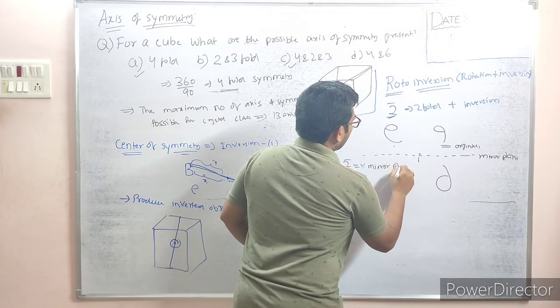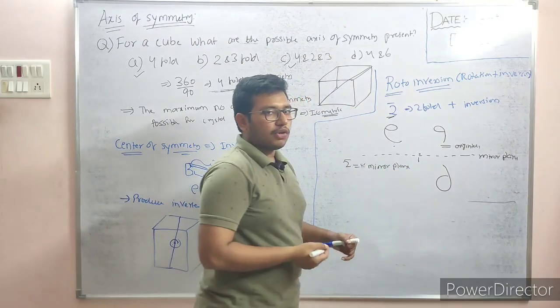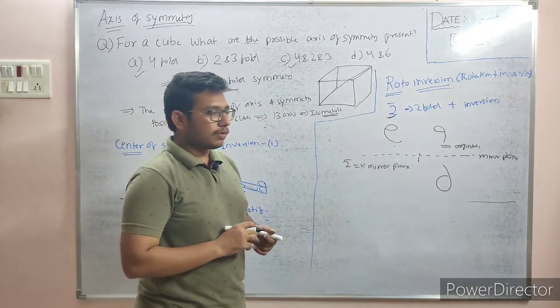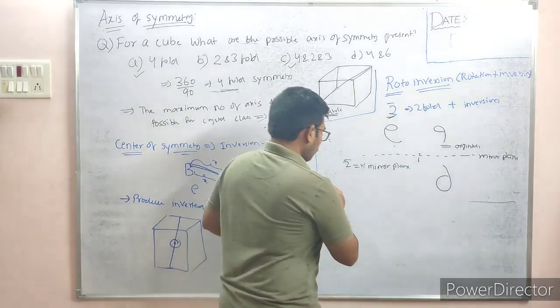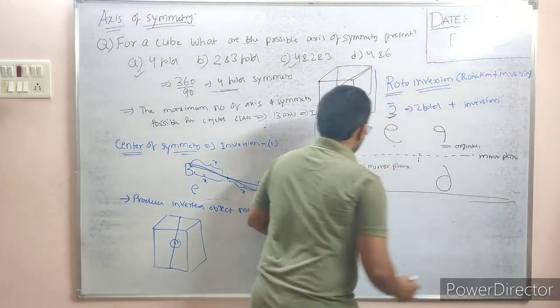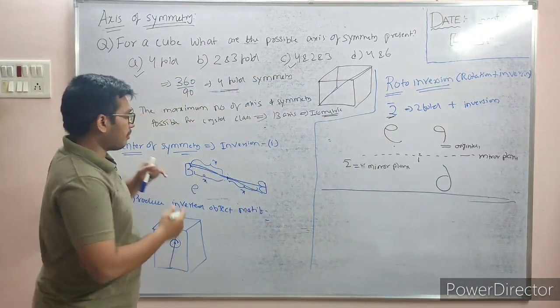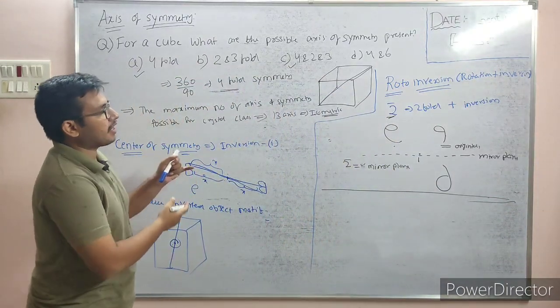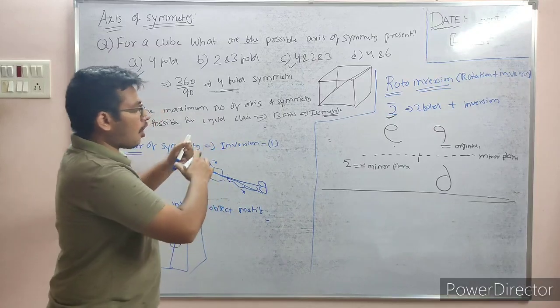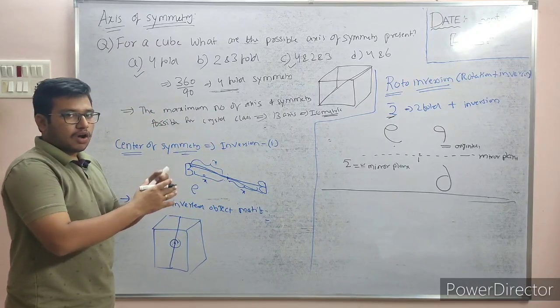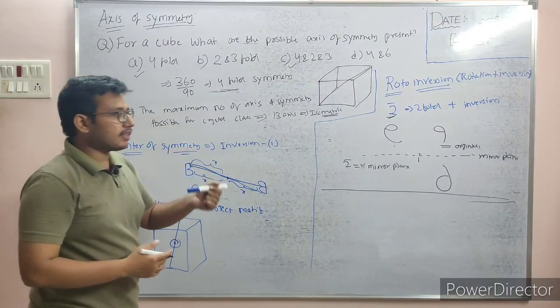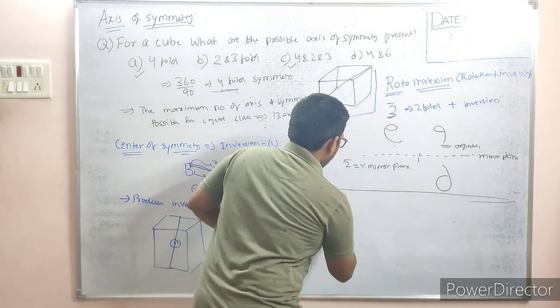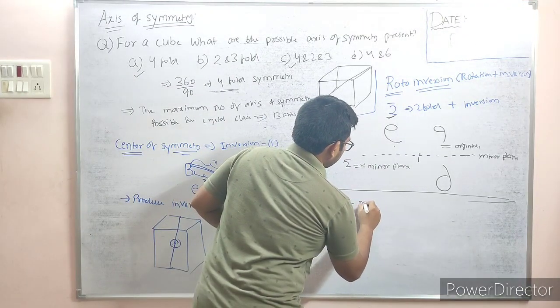Like this you can put 3 bar, 4 bar, 6 bar, you can calculate that also. Okay, now we understand the elements of symmetry: mirror plane, axis of symmetry, center of symmetry, roto-inversion. On combination of all of these on the crystal systems, we can get 32 non-identical crystal classes.